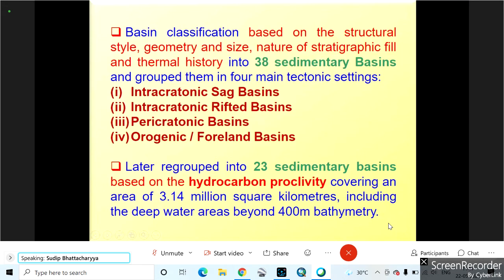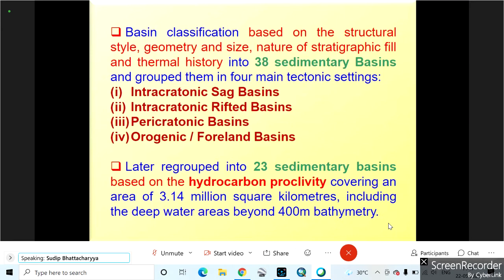Perictectonic means that those basins are around our Indian subtectonic domain. That means it is within the seawater, under the mean sea level, and it is just in the peripheral part of our subcontinent India, to the eastern side of our continental margin and to the western side of our continental margin. So these are the main four tectonic or geological settings of sedimentary basins, where all the 38 sedimentary basins